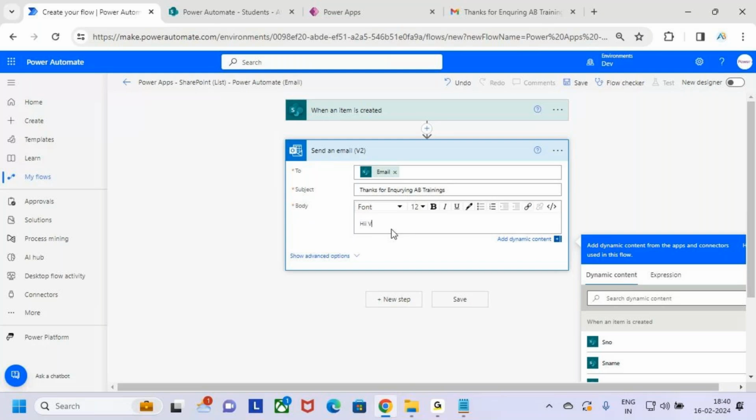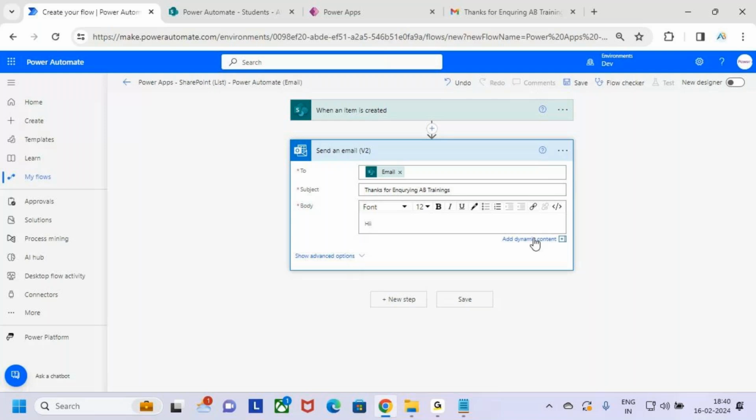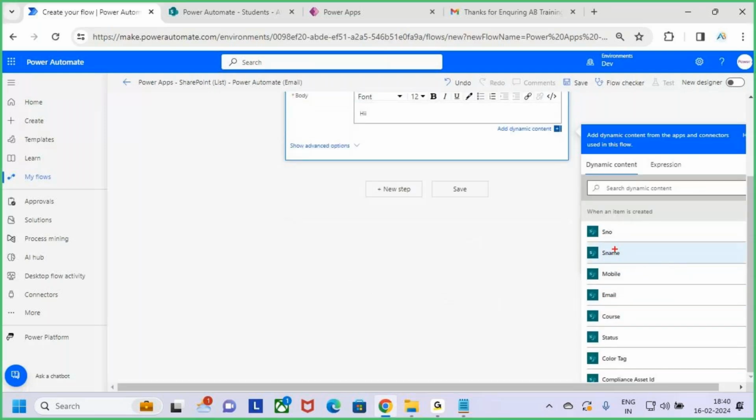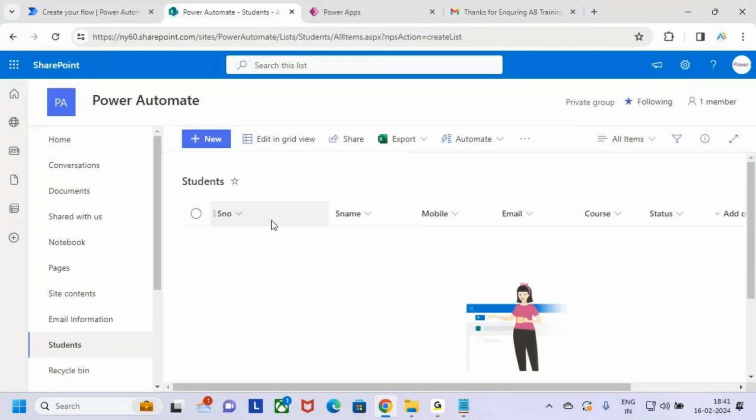Here also I don't want to hard code the student name like Vinky or Veeresh. So I want to make it dynamic. Go to the dynamic content. In the dynamic content, when an item is created in the list, there is one column you are able to see, student name. Select the student name. Which student you are entering, that student name I want to select here. Next,